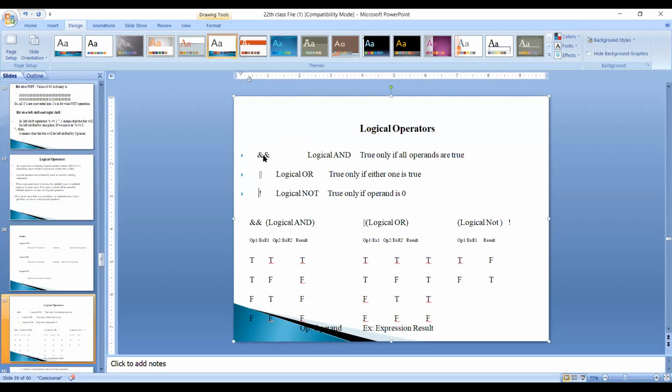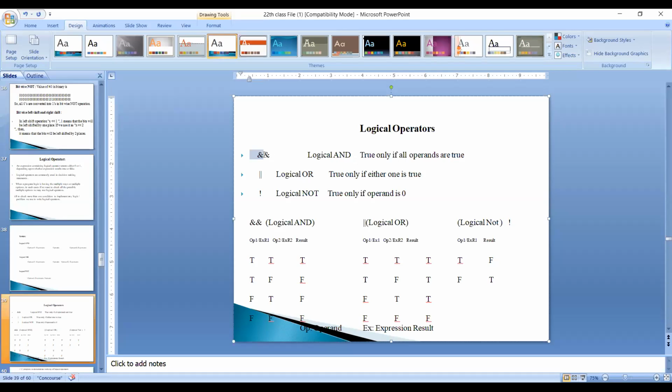Suppose you put this symbol only once, that is bitwise AND. Okay, bitwise operators are performed on bits. Logical operators are performed on expressions. Suppose there are two expressions, a greater than b, and one more expression, c greater than d. If you want to perform any operation on them, we use these operators.